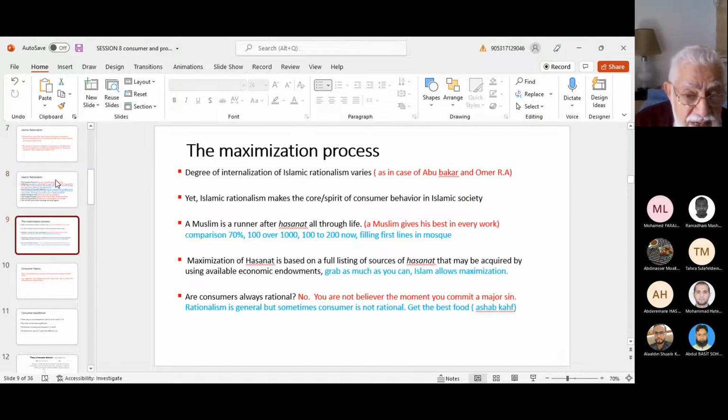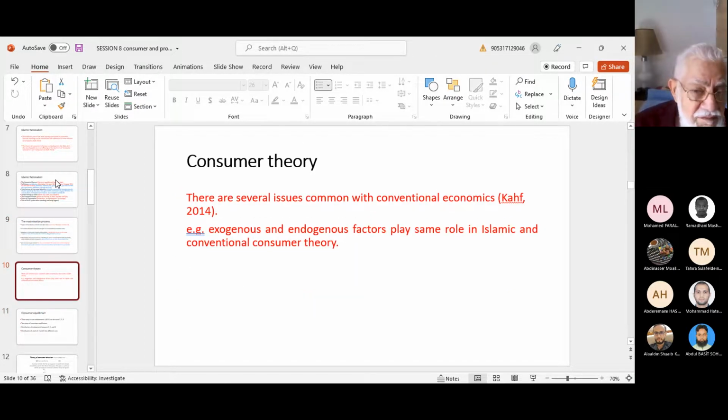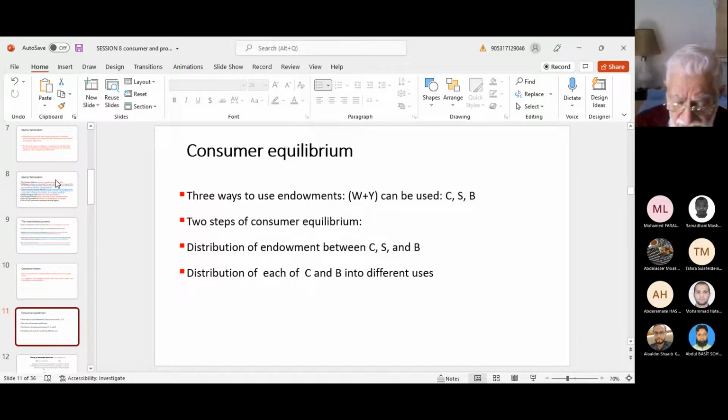So all these elements mean the solution cannot really be infinity, where you don't spend anything on this life and only spend on the life after. That is incorrect. That kind of solution is not tolerated in consumer theory from the Islamic point of view. Although we do consider the afterlife, we do consider the time horizon and the effect of every action we do in this life and in the afterlife. Okay, yes, sir. Next, continue please.